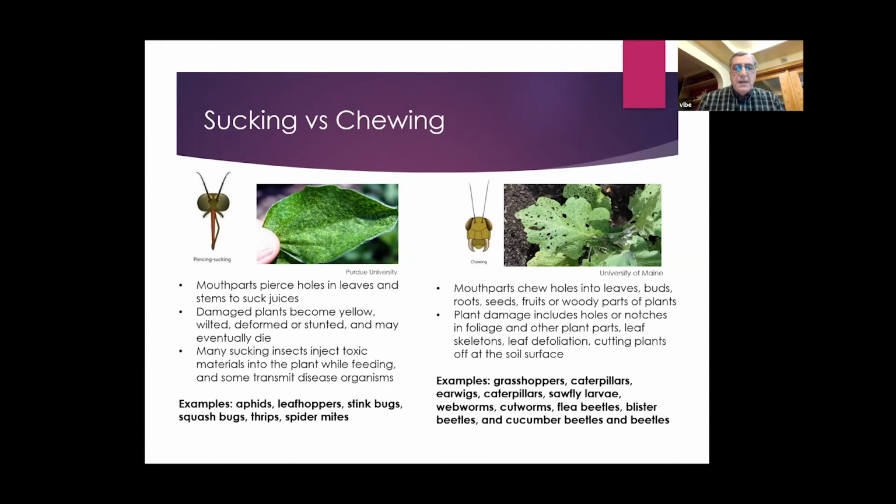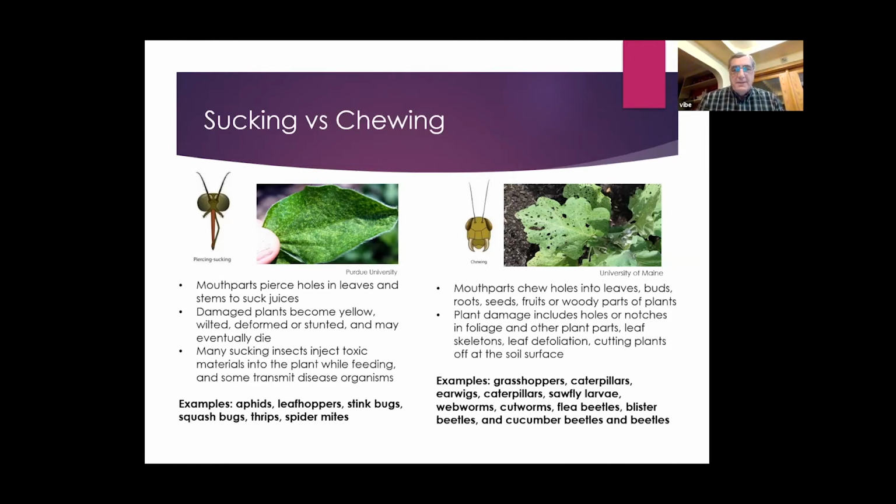The sucking insects are those that penetrate the plant cells and suck the sap out of the plant. So they're actually just drinking from the plant. But in the process of doing that, they're also injecting a bacteria that's in their mouth. And a lot of bugs and insects, just like humans, have a lot of bacteria in and on our bodies. So they're injecting